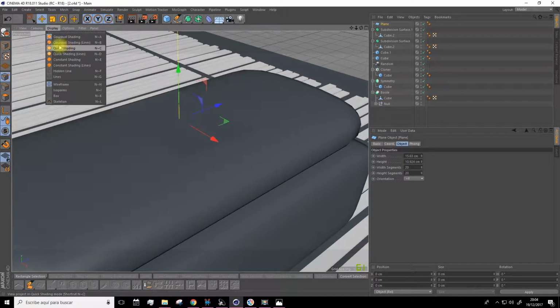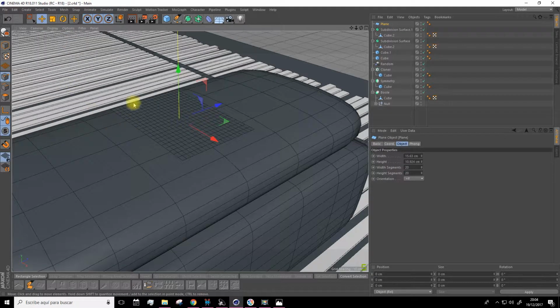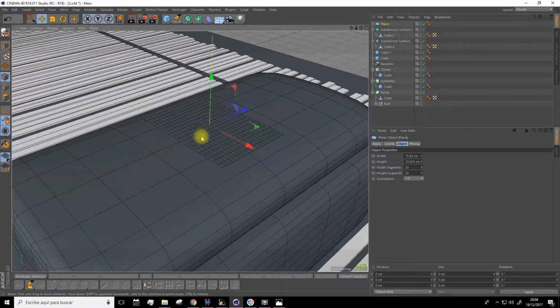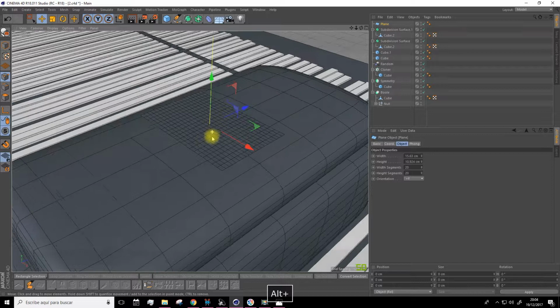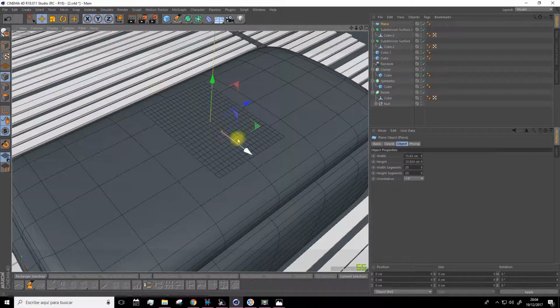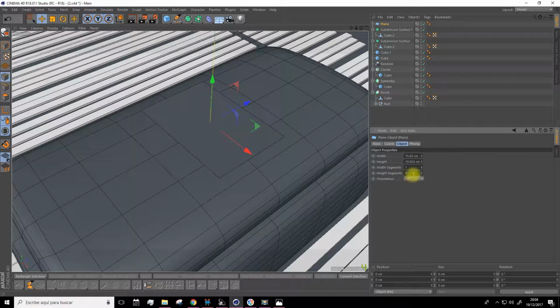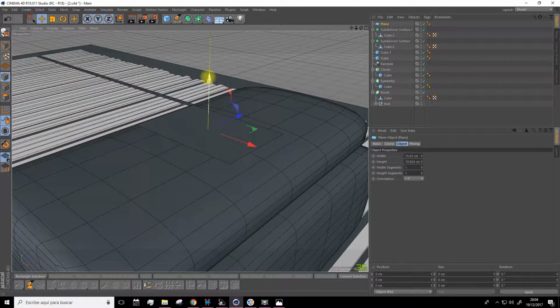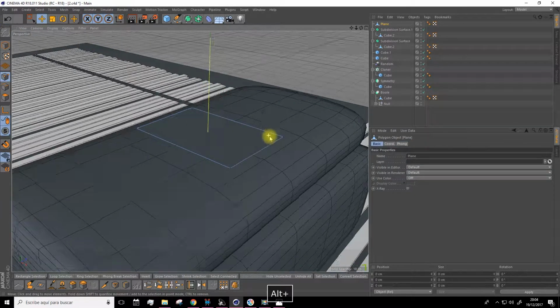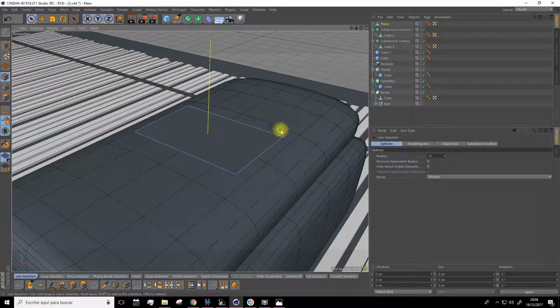To activate the visor, we just have to go to display and hit Gouraud shading, and this way we can see the net, the whole net. We can see a lot of segments, okay? We don't want that, so we put 0 and 0, so it reestablishes to 1, and that will be the clips on each side. Now, if we make it editable and select the points,